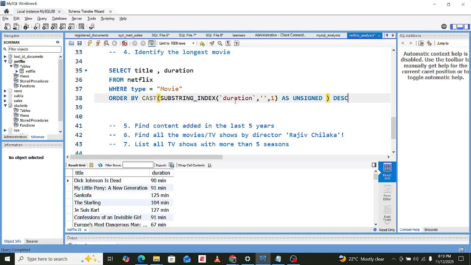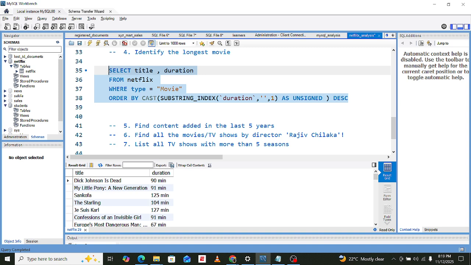So we are saying that in the duration column we just want to pick the first part, and that is why we indicate 1. So we can order this by descending order.